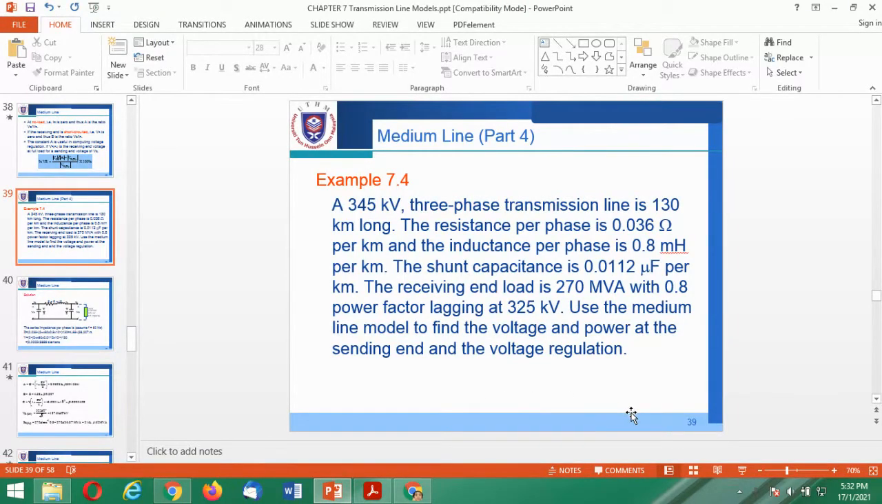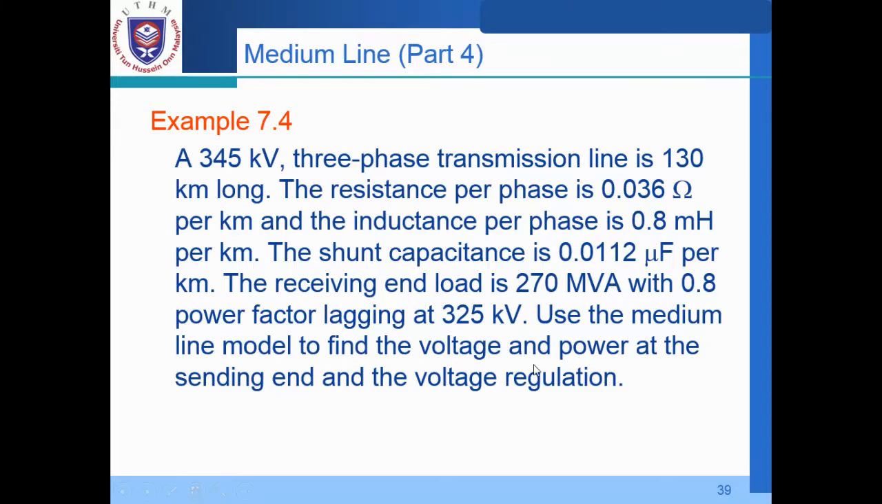So this is the final part of topic 7, transmission line model. And example 7.4 is related to the medium line model. And we try to analyze and see how to solve this question. So the data given,